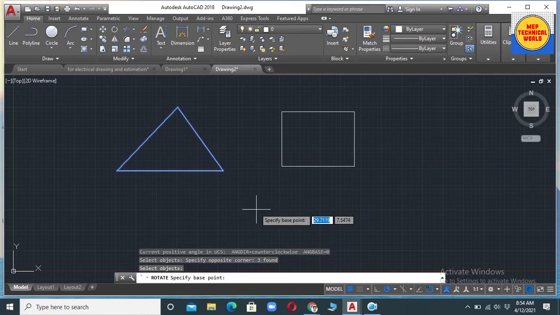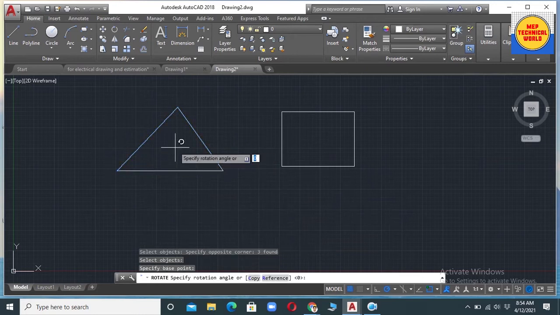Now again you will see another statement, which is specify the base point. So here I am going to specify it by clicking on it.